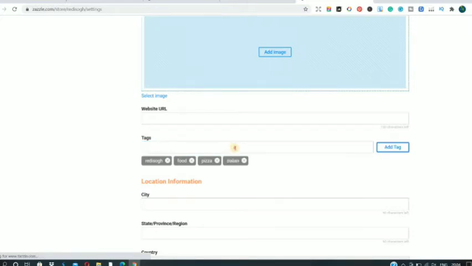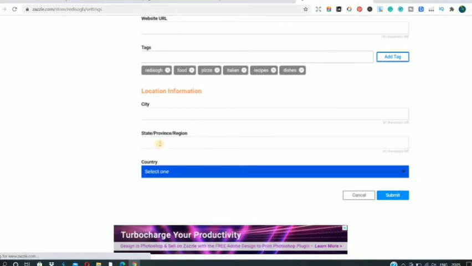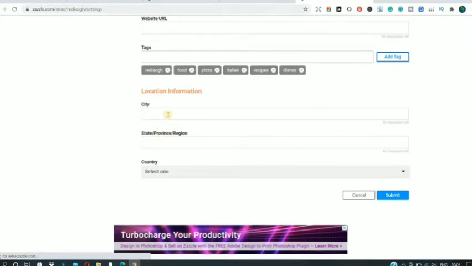or Italian food, or recipes, or dishes. Whatever name you want to keep in the tags, just keep those, because these tags are going to represent your shop. So be very specific and use only tags that are quite relevant to your store, so that you have more chances to get found on the Jazzle via these tags. So I'm just going to use these seven, guys,